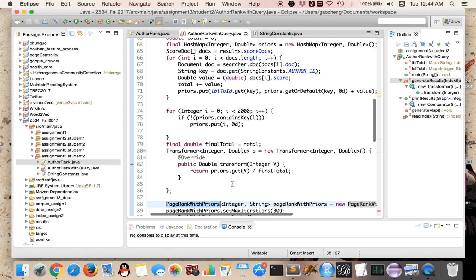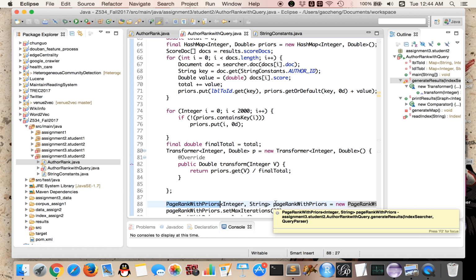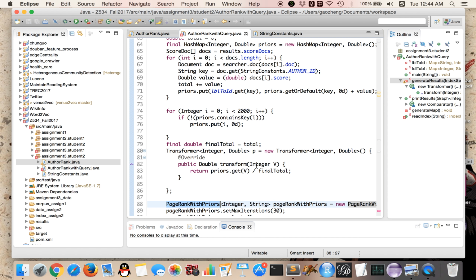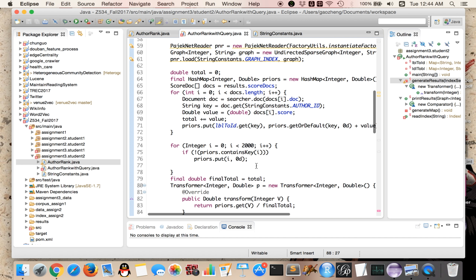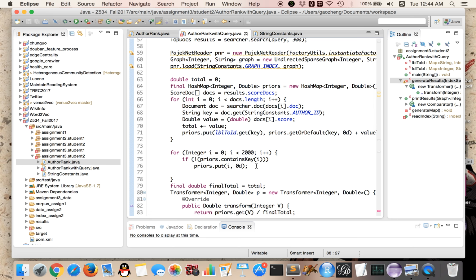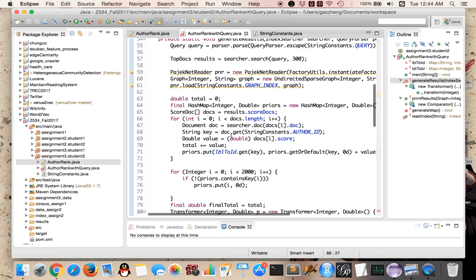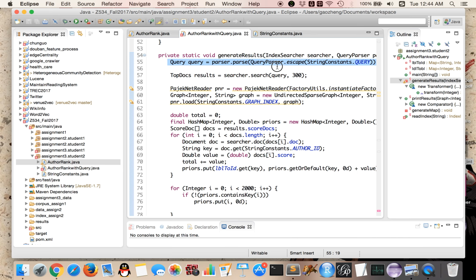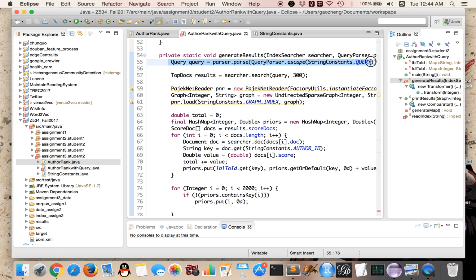And in order to call this function, you need to calculate all the nodes' prior values here. And here is the query used. For example, in the assignments, you need to use 2 queries. One is information retrieval, and another one is data mining. And then use the Lucene index to search the query and generate all the top 300